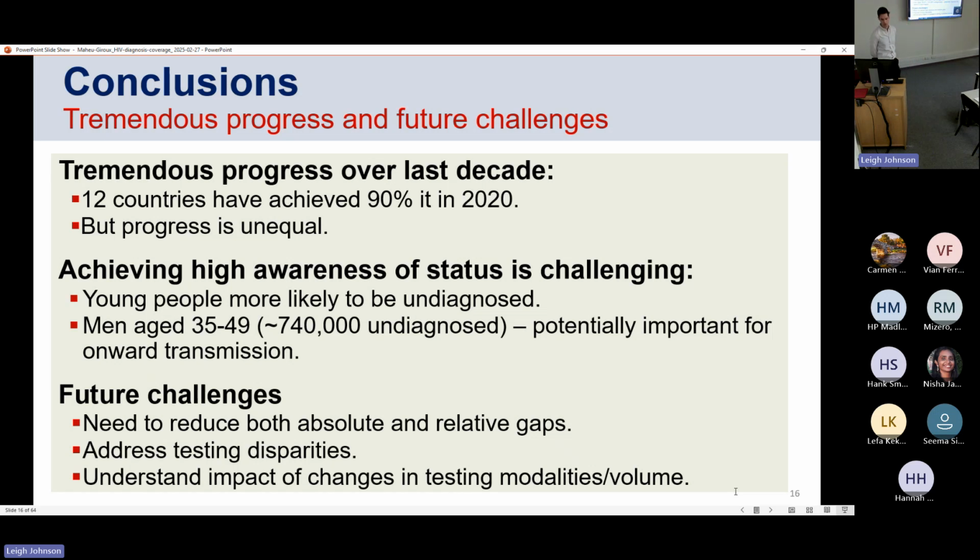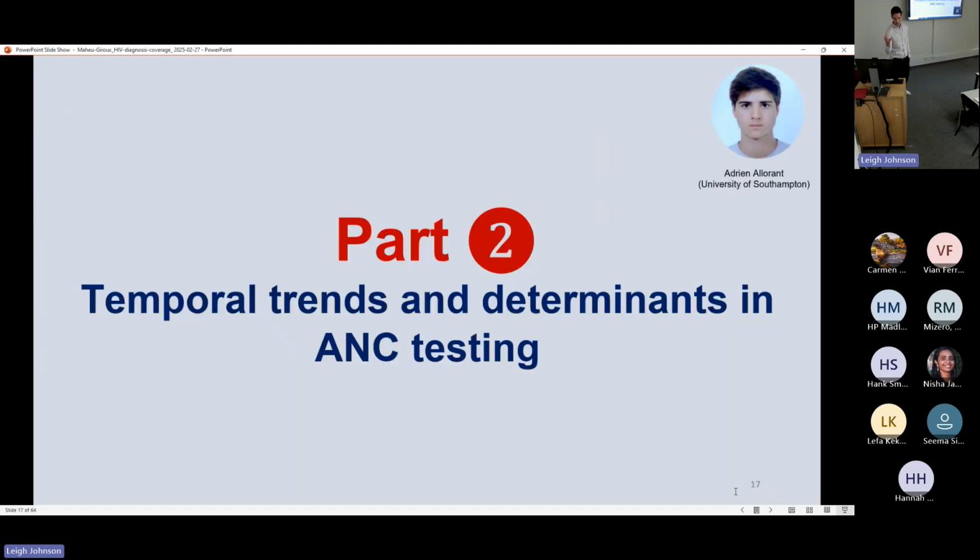to onward transmission. We also have challenges with the model, and one of them was that we wanted to understand the impact of changes in testing modality and volume. So this leads to the next part of the presentation, which was led by Adrien Laurent, who's now at the University of Southampton, but was also a postdoc in the group. And we sought